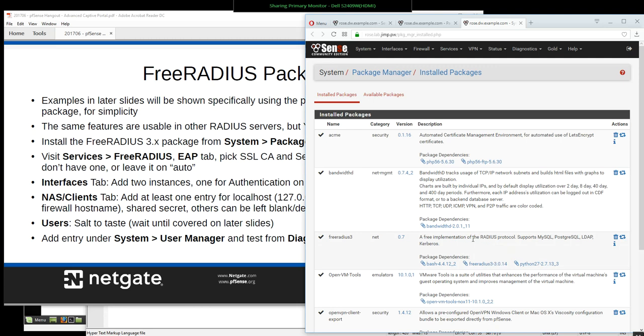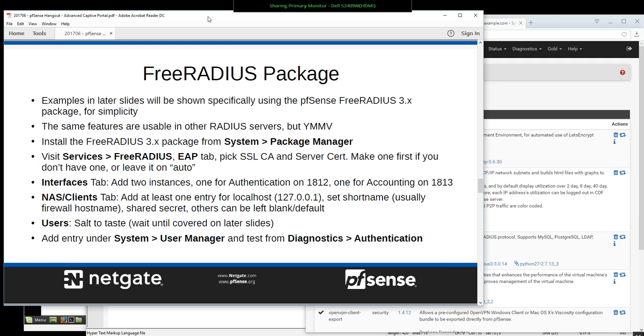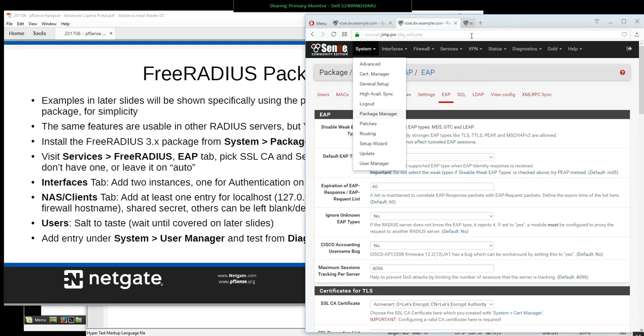We are going to be shifting that around here in the very near future. The FreeBSD port for the old FreeRADIUS 2 instance is getting ready to be deleted, so we have FreeRADIUS 3 available now, and it's going to take over as soon as those other ports get changed. So just be on the lookout for that. Once you have it installed, it's under Services, FreeRADIUS. The first place you want to visit here is the EAP tab,